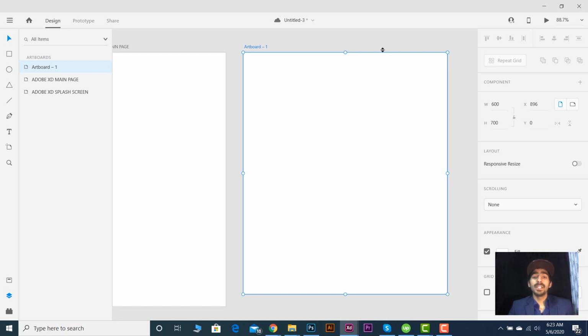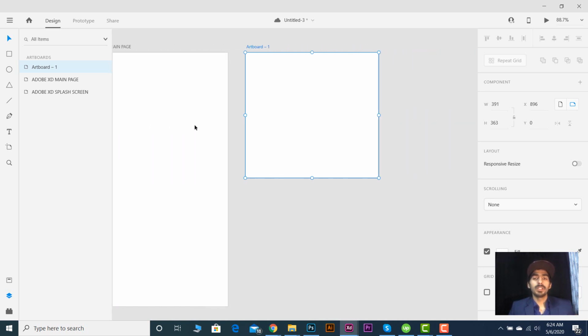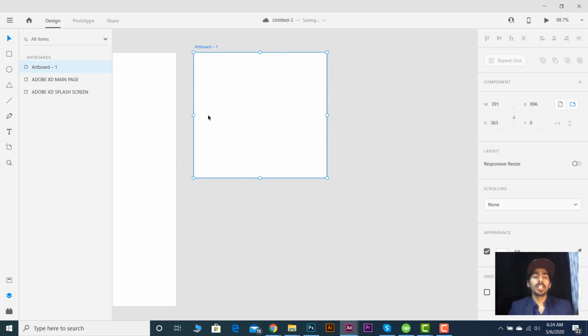And the second method to resize our artboard: as you can see the corners of the artboard, these bullets, just click on them and drag. You can resize your artboard like this. So these are the two methods to resize your artboard within a document and create an artboard as you need. Next I will let you know how you can easily duplicate your artboard.